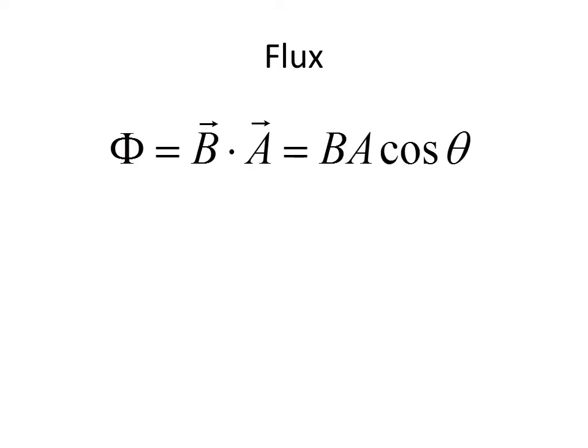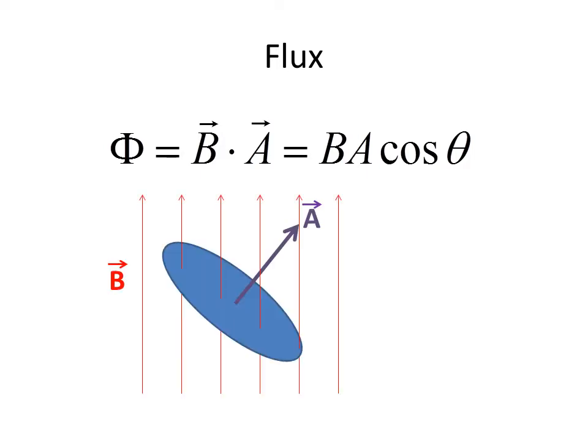Let's start by defining flux. Magnetic flux is the dot product of the magnetic field and the area vector. The area vector points in the direction normal to the surface through which the magnetic field passes and has a magnitude equal to the surface area. The angle for the dot product is defined in the way pictured here. You can think of the flux as a quantification of the amount of magnetic field that is able to pass